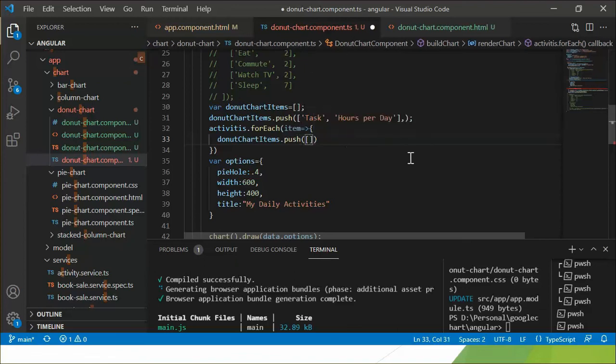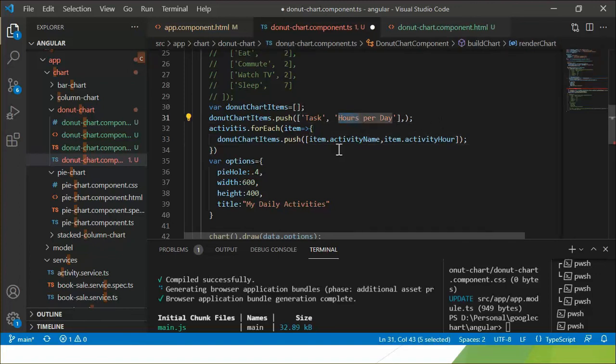So first item is the activity name and second is the activity hour. Okay, so the data array has been prepared.